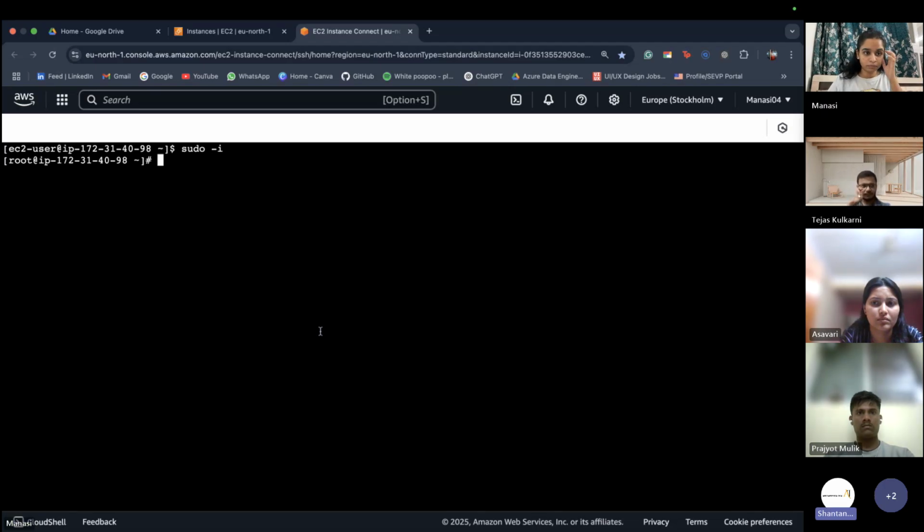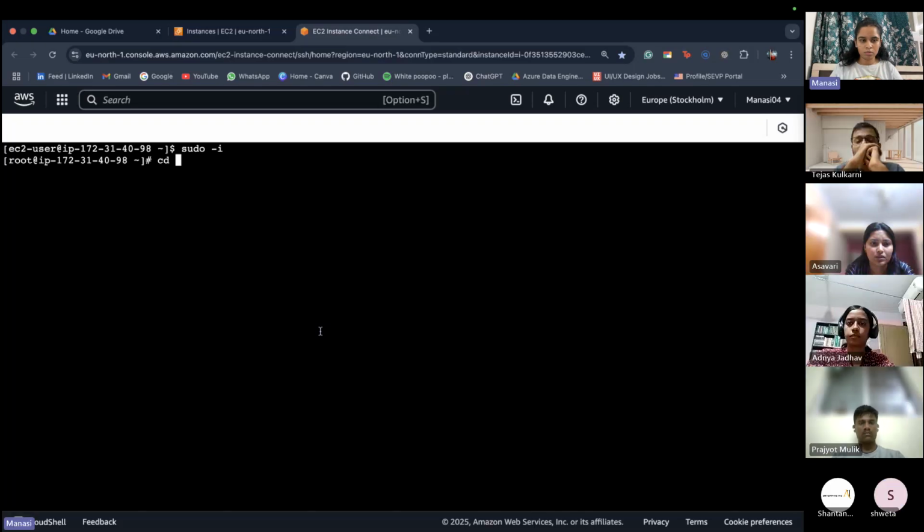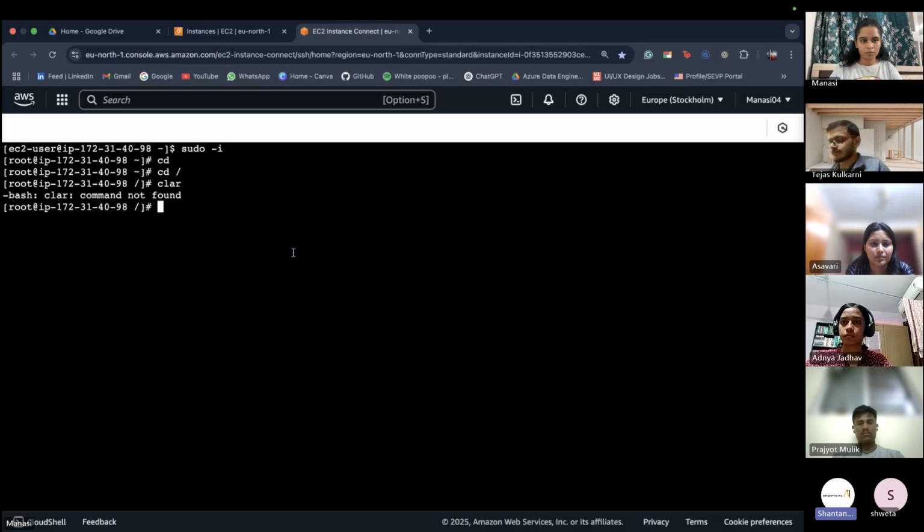Okay, clear out the screen and using the cd command, move to slash directory. cd slash. Okay, and now clear out the screen and then list down all the contents in that slash directory.